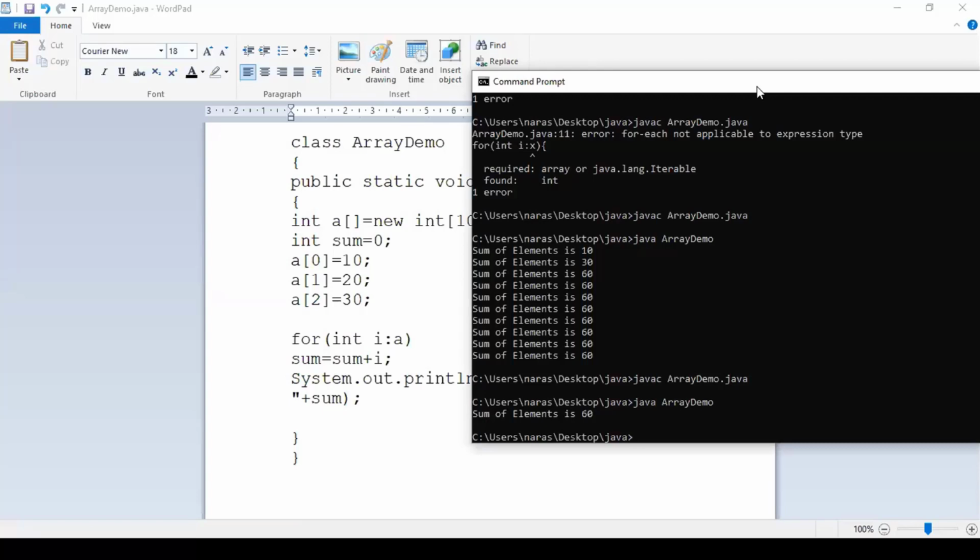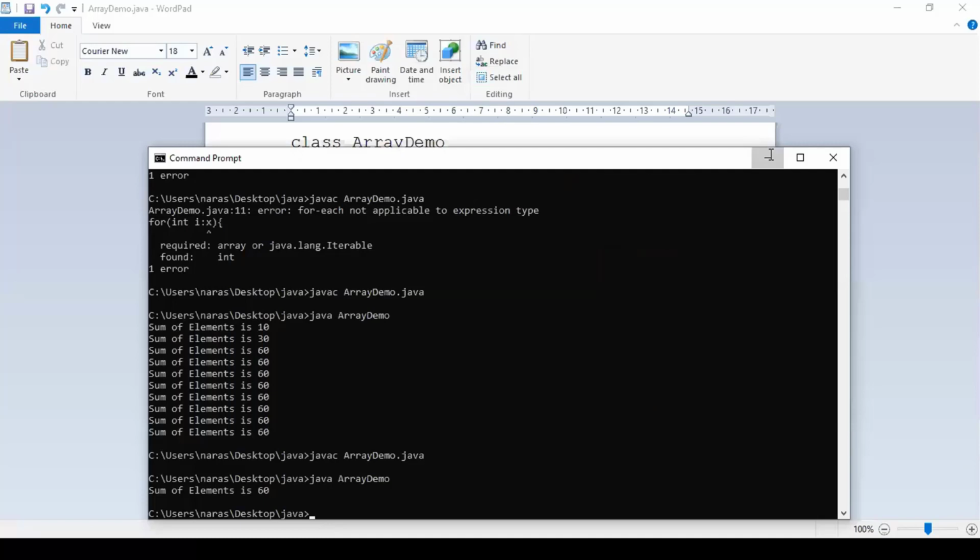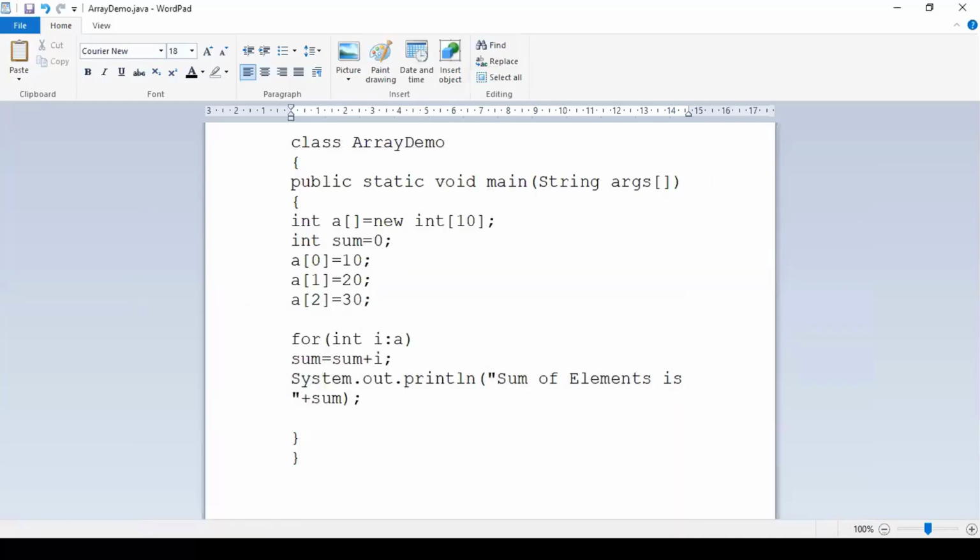Can we modify the same program to search for a particular key element? Yes, we can modify. When you want to modify, first you need to have a key element. So instead of sum, let me take it as key. Key is equal to some value I'll take, some 10, right? Within this for each loop, now I need to have braces in a proper fashion. For each element i from an array, I need to check a condition, right?